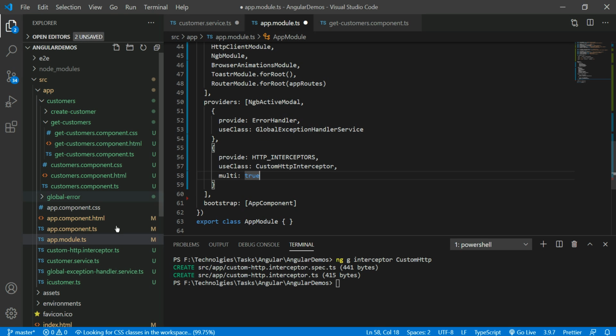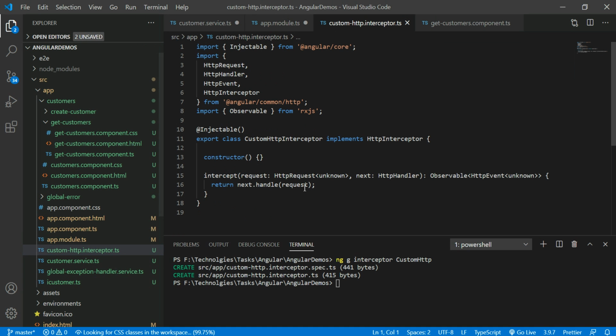Okay. Go to HTTP interceptors, custom HTTP interceptors. Come here, and here you have to add your own headers. Once you add the headers in this section, that header should be available in each and every HTTP request. So add one HTTP header here.